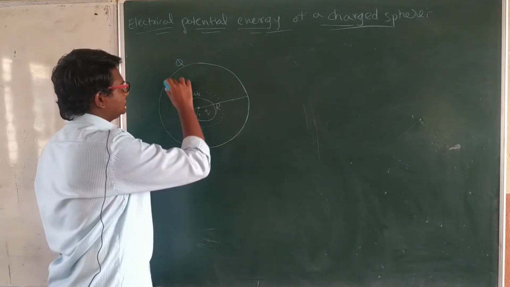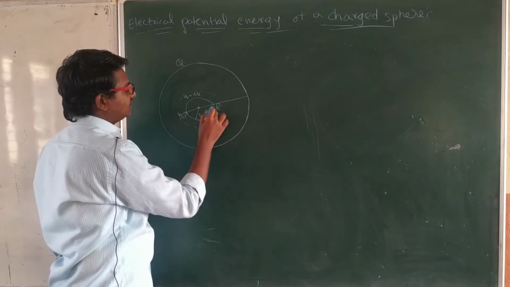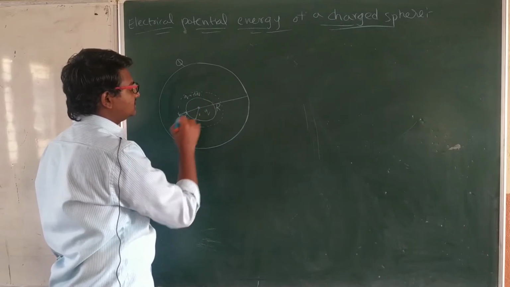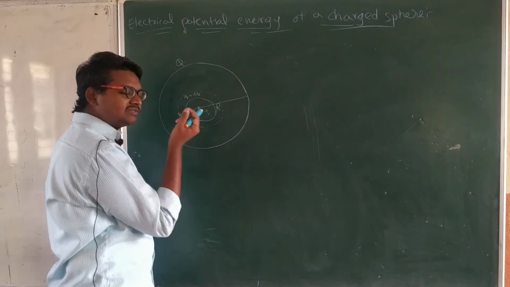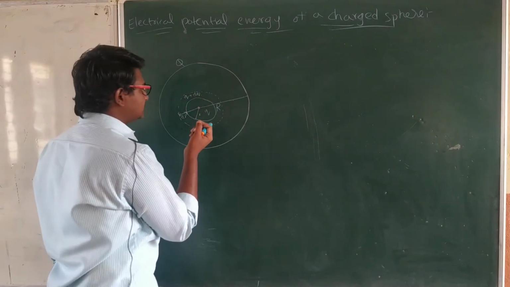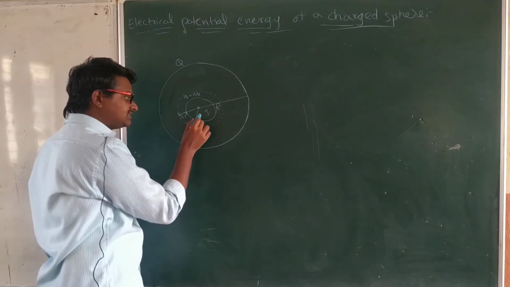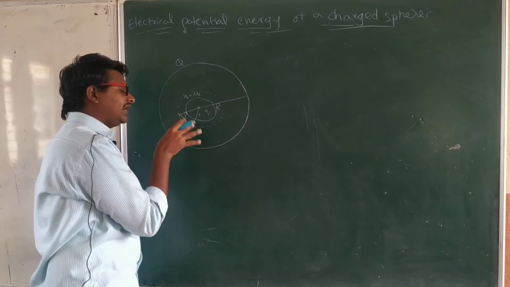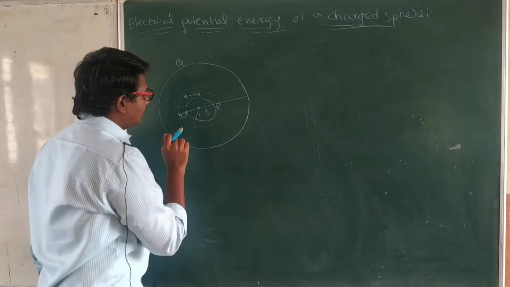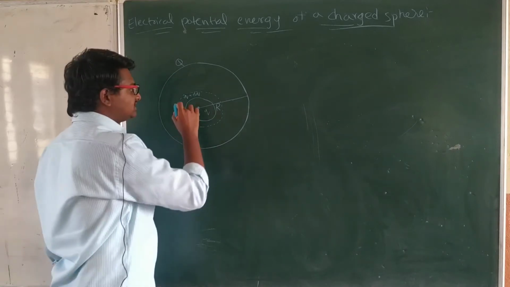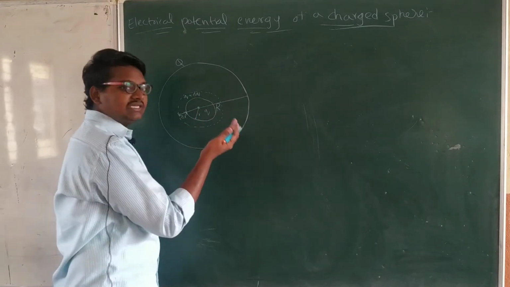Right, let's consider the whole charge is capital Q and the radius of that charged ball is capital R. In that I am considering a very small sphere, negligibly small, whose charge is small q and whose radius is small r. To that I have added a very small, negligible charge dq. After adding dq, its surface area increased, its volume also increased, and its radius also increased.